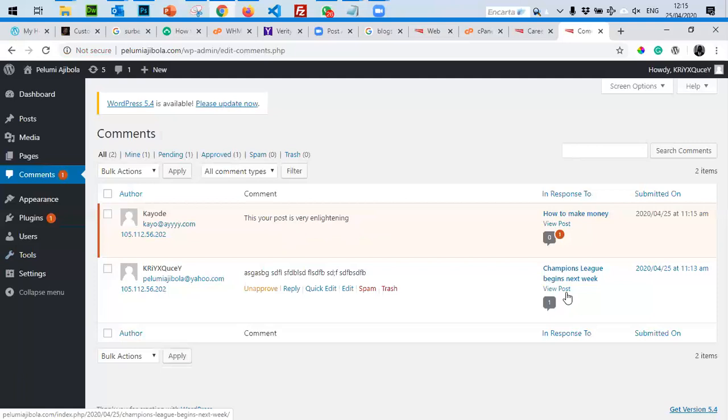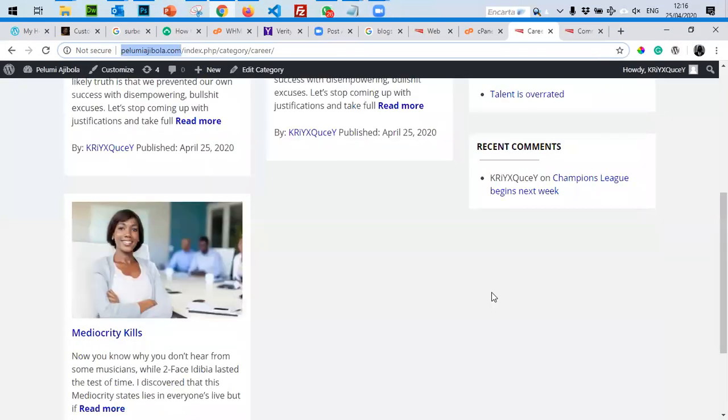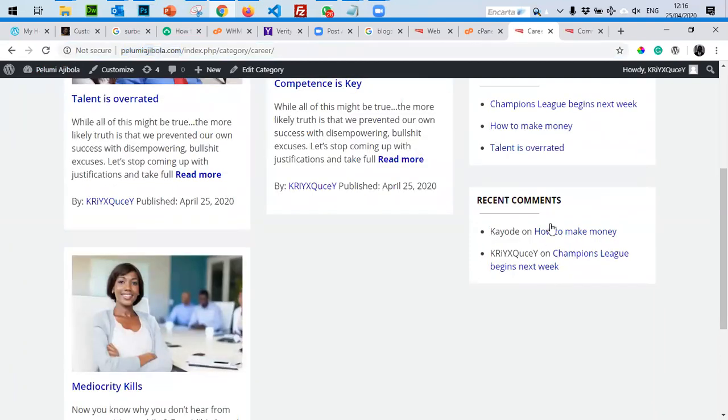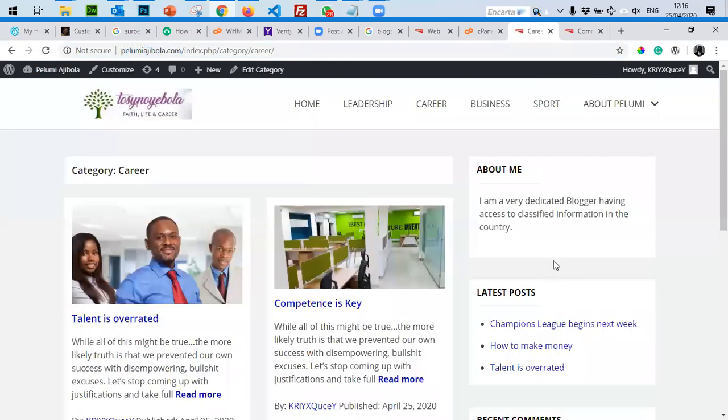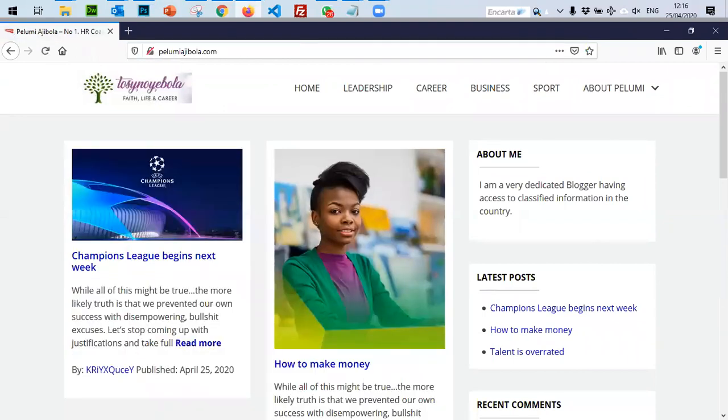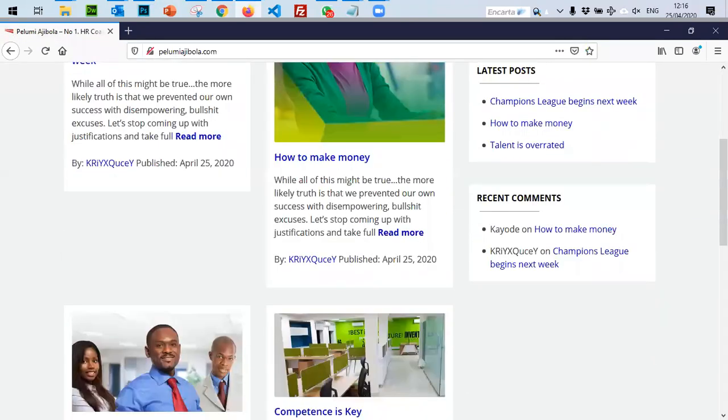Somebody can come and post rubbish on your blog, can upload porn pictures, and you might not like to have that kind of experience. So until it's approved, such comments don't show on the website. Now if I refresh, it shows that one Kayode posted on this. The beautiful thing is the more you post, the more you write, the more fleshy your blog becomes. On a very fresh system, you can see that the blog looks more interesting.